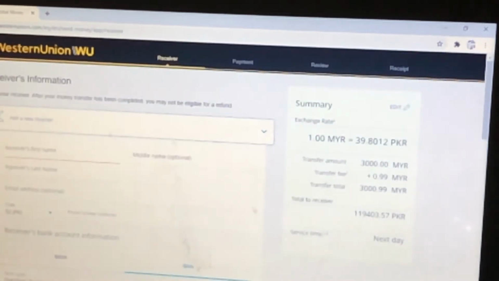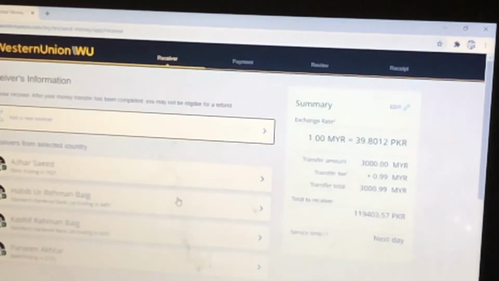Then I will select why I am sending, the purpose of transfer. Am I sending to my family, savings, gift? You can select any of the options. For example, if you want to send some money to your family, you can select this one. And then the source of funds, your salary, you will just select, and continue. Because I already have some persons saved, I can easily send to any one of them.